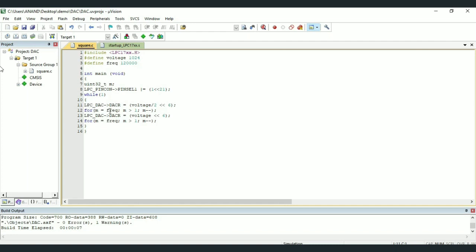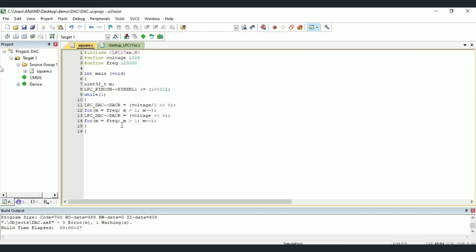Then we have a for loop for m equal to FREQ, that is 120,000, and m greater than 1, m minus minus. Then again we have LPC_DAC->DACR, that is we are changing the DACR value, which is equal to the VOLTAGE value, that is 1024, shifted left 6 times. Then there is one more for loop for m equal to FREQ, m greater than 1, m minus minus.